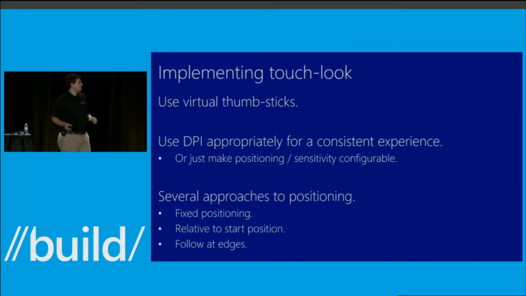But we actually prefer and recommend a hybrid approach, which I'll explain in the next slide. Similar to the start-at-center approach, when the user first touches the screen, you start the virtual thumbstick at the very center of the touch point. As they move their thumb within the region of the virtual thumbstick,